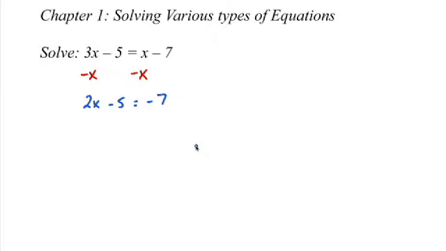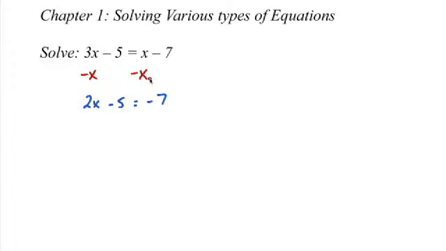And again, let me just say one thing here. So notice on the right side of the equation there, they're adding x. It's a plus x. So we did the opposite. We subtracted x from both sides. You can do whatever you want to both sides as long as you do the opposite operation. If they're adding, you subtract. If they're subtracting, you add.